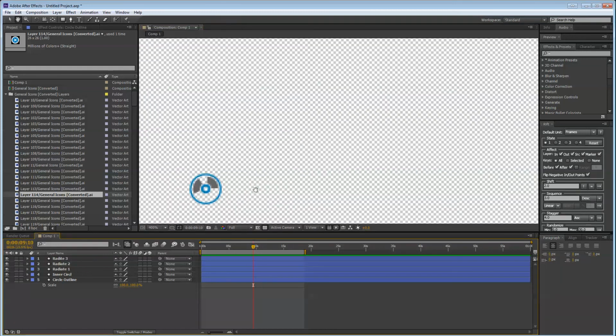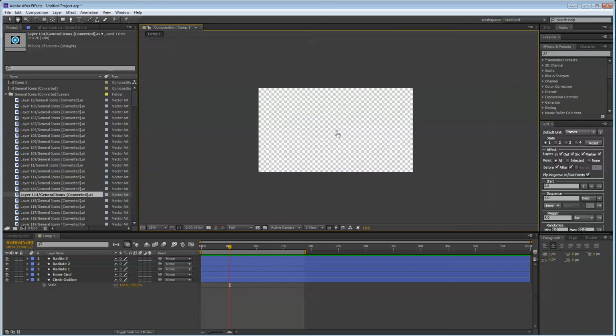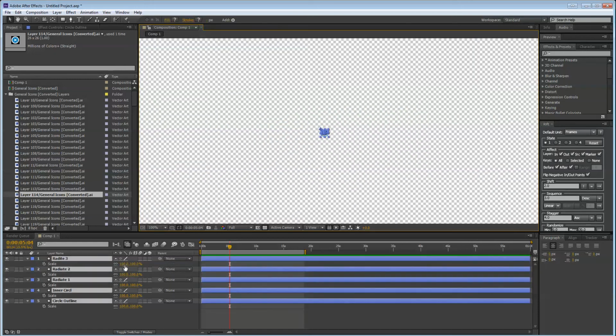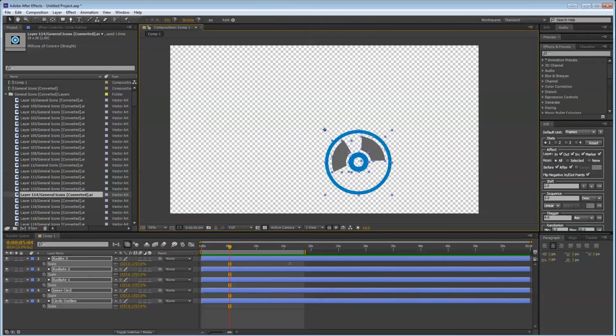So I think, did I miss? I may have missed one radiation. That's okay. We'll fix it. So they're really, really tiny, right? Rather than scaling them, I think if we select them all, we can scale them all up, which is fine. So let's scale